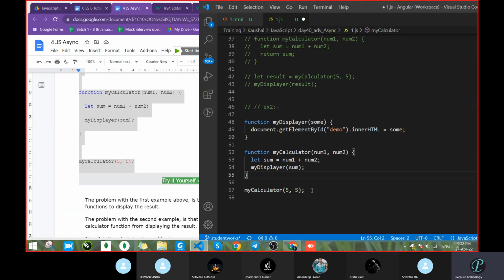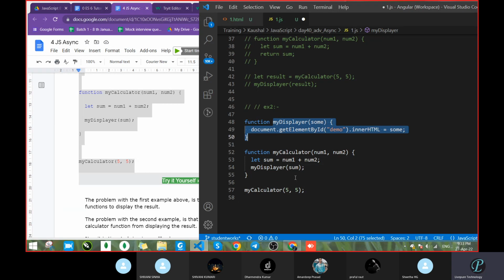We are calling this my calculator function, and inside my calculator function, which gets called, it does the operation, and whatever resultant sum is there, we pass this sum value to my displayer. In my displayer, the sum is passed, and this will now show the output.